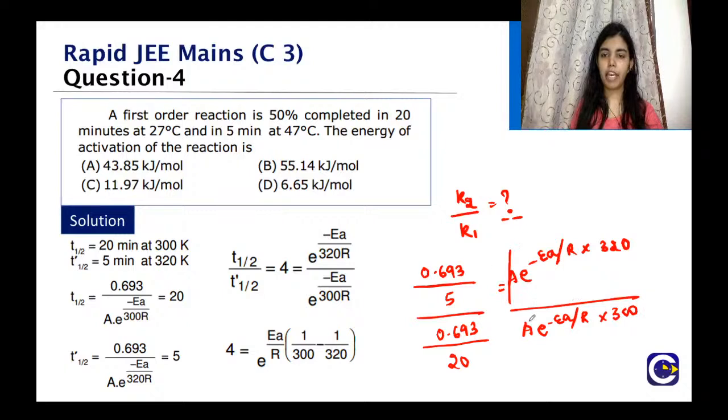So A and A will get cancelled, 0.693 and 0.693 will get cancelled, right? You are left with 20 divided by 5 equal to e raised to the power minus EA